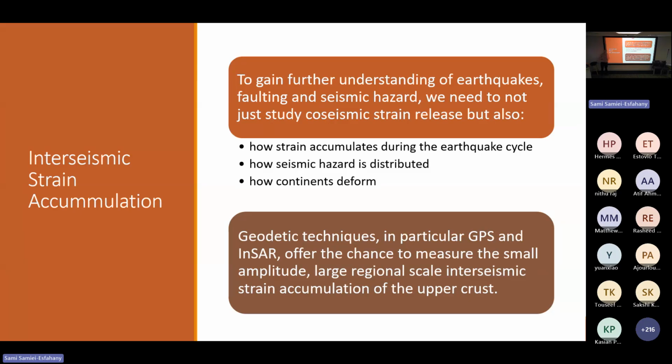Here we're trying to measure not meters or tens of centimeters, we're trying to measure millimeters in a year. So it's a very small amount across quite a long time. Not an instantaneous, but an accumulated displacement of just a few millimeters. And we want to do that at the size of at least the UK. So something big, over long wavelengths, not over small areas that you might do if you're doing, say, landslide or embankment stability or something like that. And we're trying to understand the properties of the upper crust